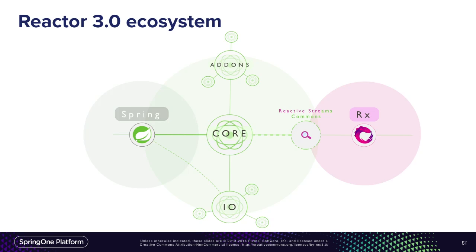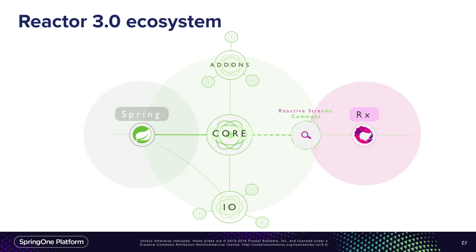And the ecosystem, I briefly mentioned it, but one of the greatest things we had the chance to do with this version is to really collaborate between different sensibilities and different teams of people, to create what we find the best compromise for all use cases. So the biggest part is of course the Spring team, because I myself am in the Spring engineering team, and we had to support this Spring 5 story about reactive. So the collaboration was super close, which is great, because the feedback we got from real use cases and real world